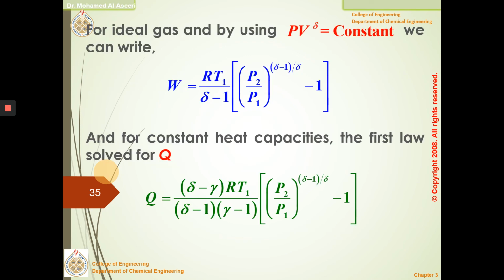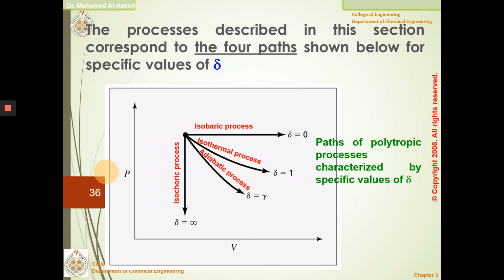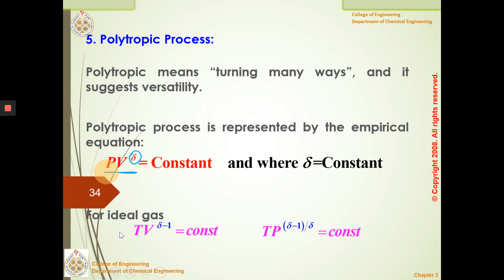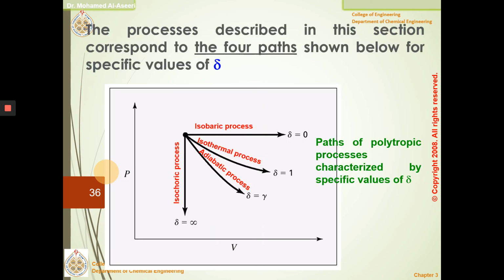What does it mean? I will show you. I will skip this for a minute. This is a very wonderful plot. According to the relationship, this is a PV plot, right? This equation, PV^delta equals constant, is valid there. Look at this with me, very carefully: PV^delta is equal to constant. Now mathematically,